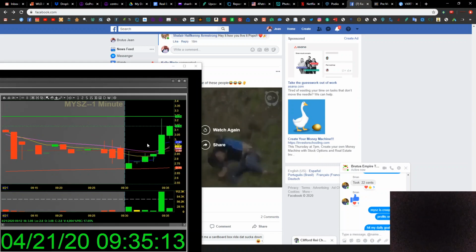A lot of times I hit my hotkeys just to jump in. If I'm just seeing the stock and it's just above go time, I'm hitting my hotkeys. But if it's like this, you have plenty of time to just manually punch in your order. And as you could see,